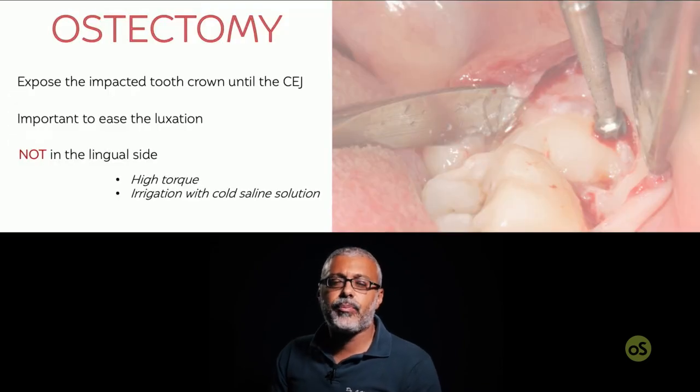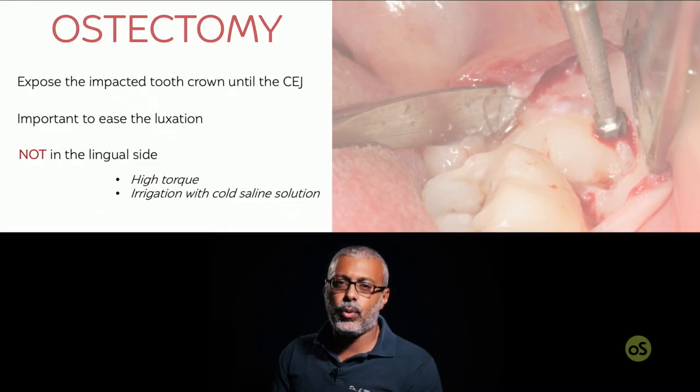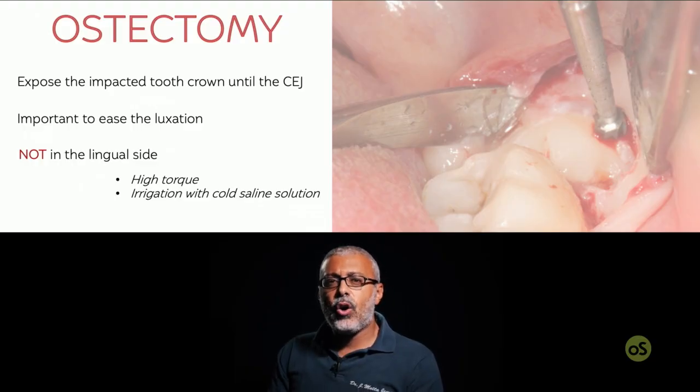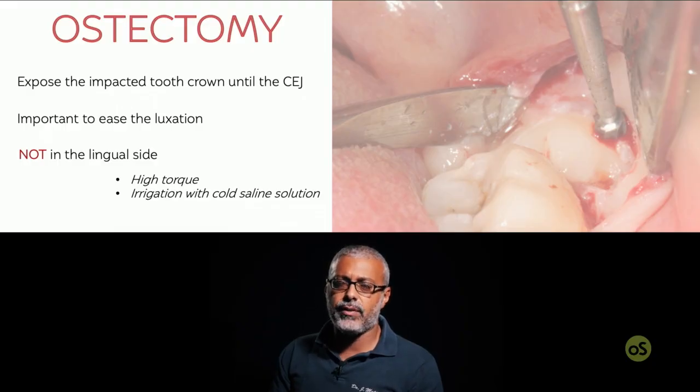Now we can look into the ostectomy or bone cutting, bone sectioning around the tooth. This is used to expose the impacted tooth crown until the CEJ. I always suggest to start a small luxation of the tooth to give it a little movement inside its socket, because it can be very useful if at the end of the extraction we have a fracture of the